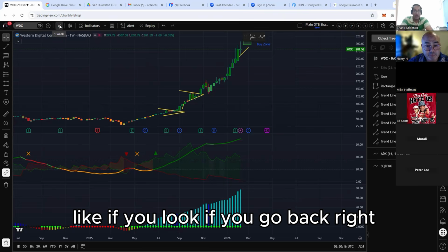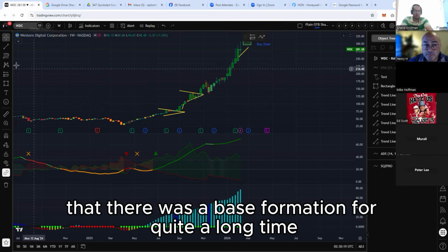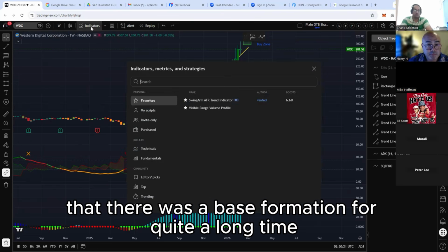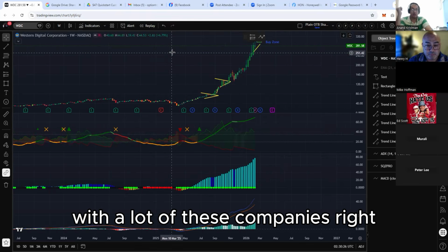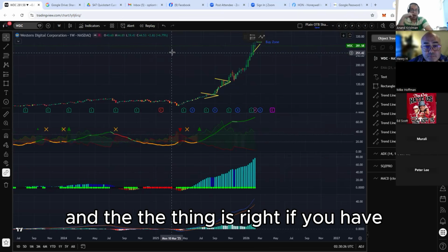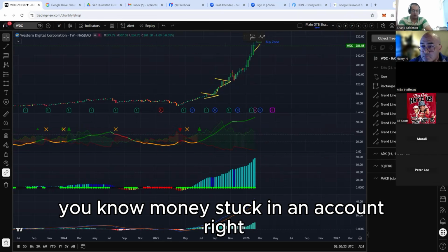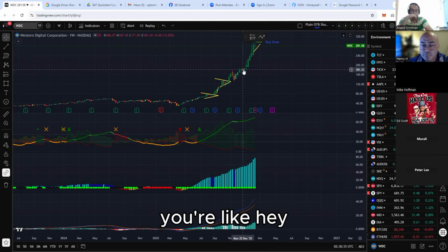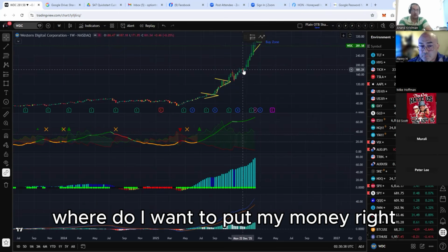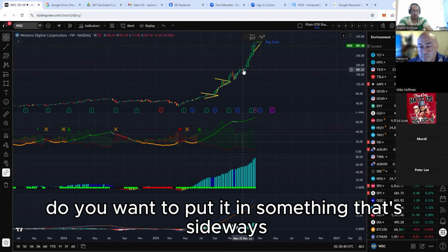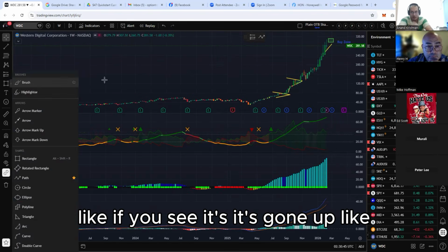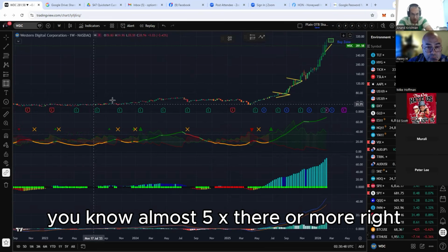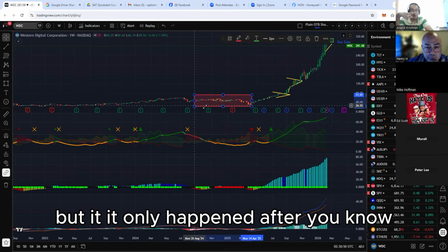If you go back, you can see that there was a base formation for quite a long time. And that's the problem with a lot of these companies. If you have money stuck in an account, where do you want to put your money? Do you want to put it in something that's sideways for a long time, even if it does go up? Like you see it's gone up almost 5x there or more, but it only happened after